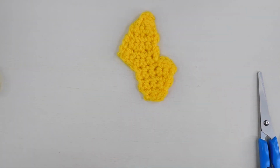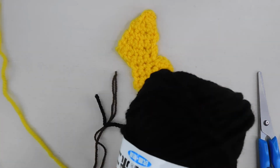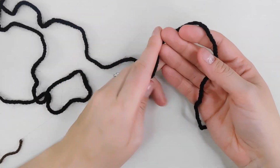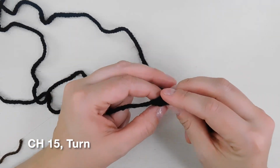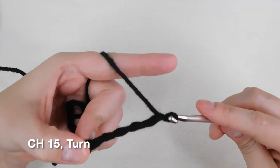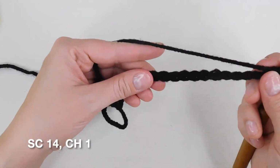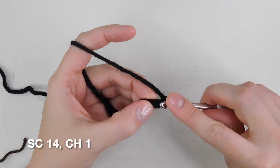All right, next we're going to do the kind of black part of the tail that connects to the body. And this one is really easy to do. So you need to take your black yarn, and we are going to chain 15. 1, 2, 3, 13, 14, 15. And then we're going to single crochet 14 in this chain. So in this second chain from the hook,